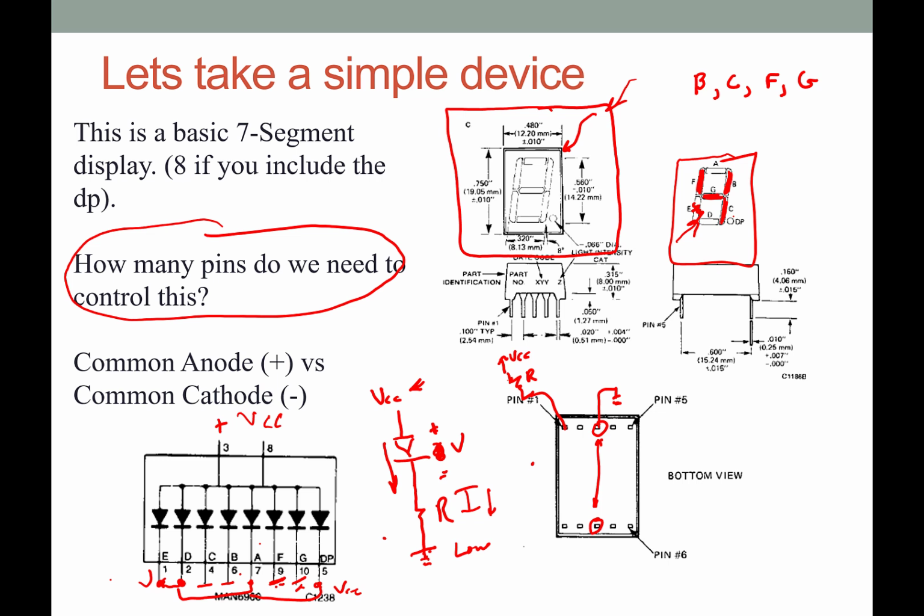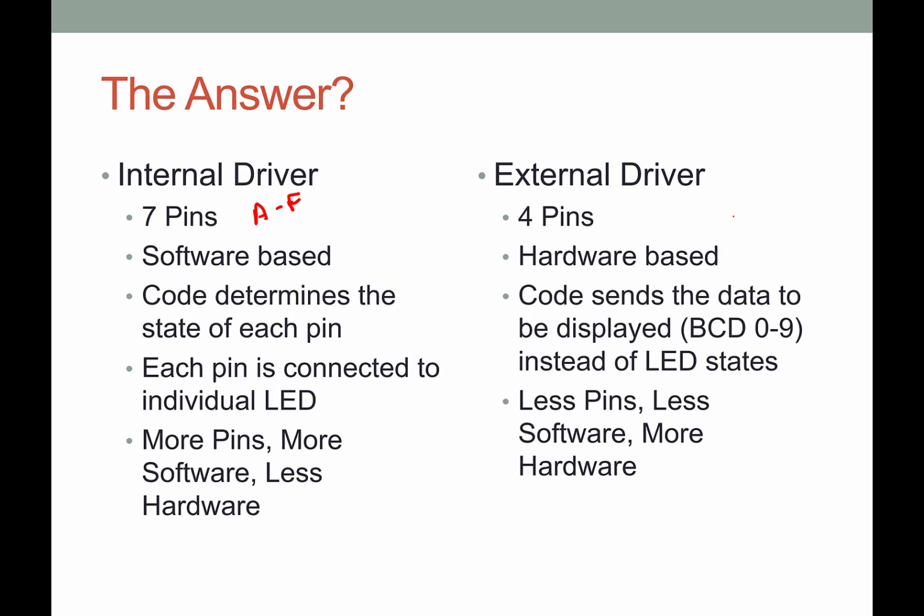Those whatever pins are tied to those ports need to either have the VCC or have the 0, depending on if I have common anode or common cathode. Then that connection has to be made from the port of the discovery board to the chip. And so obviously the more